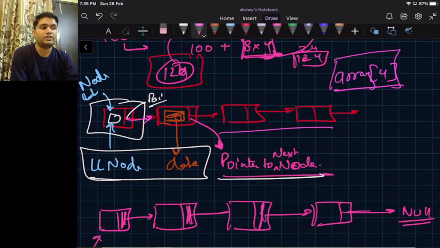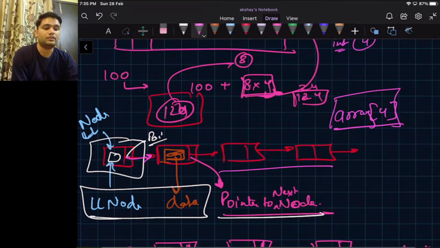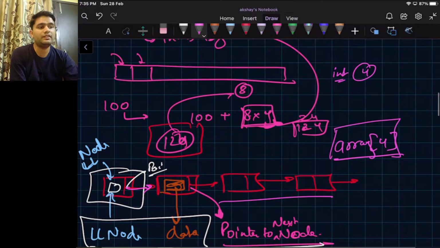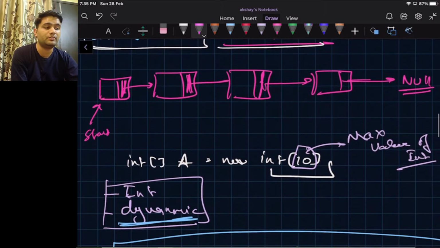Because of this limitation, the searching and finding time complexity of linked list will be order of n in the worst case. The next thing is that in arrays we had contiguous memory allocation, but in a linked list it is not guaranteed that the memory allocation is contiguous.